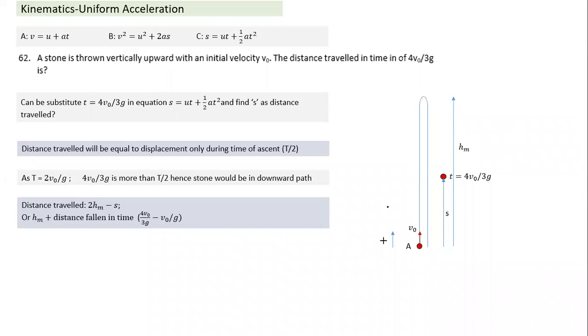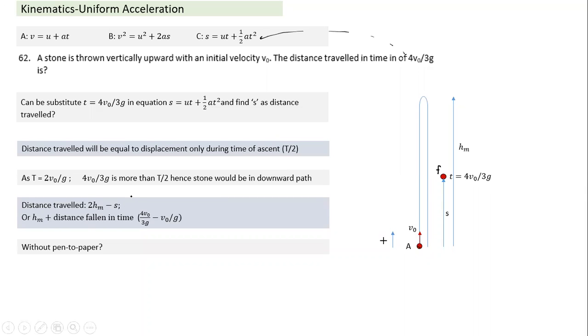As Vignesh was mentioning here, I can calculate the S value using this formula by substituting T is equal to this. If I substitute this T here, it will give me, so what are the two instances I'm applying it to? This is my initial instance and this is my final instance. So the time interval is from here to here. If I substitute it here, I will get this S value. So the actual distance traveled will be equal to 2h minus 2hm minus s. That's also we can calculate.